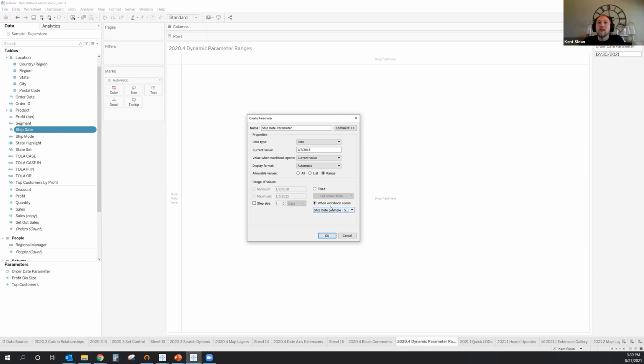When selecting what field is loaded when a workbook opens, you'll notice I only see 2 fields here, but there's a whole lot more fields in my data set. It is controlled by your data type. So if I were to select an integer, for example, my load options have now changed because ship date and order date are not numeric integers, so I can't pick those. Or if I were to pick a float, I would then change it again to numeric values that have a decimal on them. So if you're trying to select a field and you're having trouble with it, back up, make sure you've got the right data type selected, and then you can go in here and set that up.